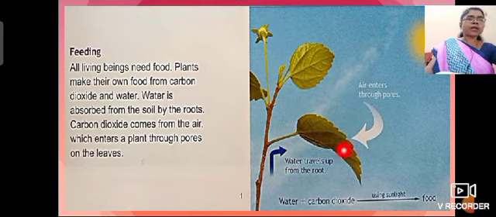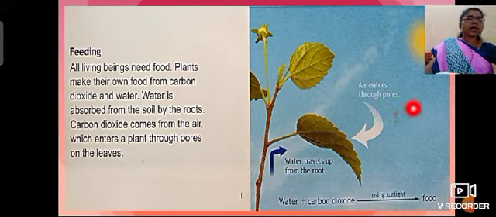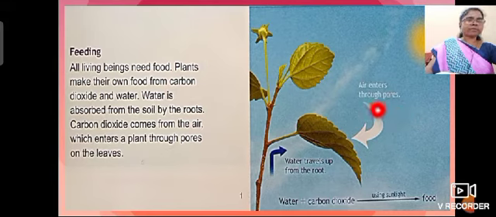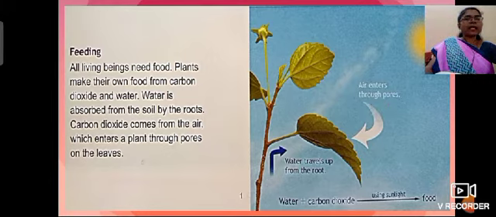okay, through pores, and water from down, okay, from the roots, it gets through the branches to the other parts of the plant, and the water travels up from the roots, okay, to the other parts of the plants. So water and carbon dioxide, and using sunlight, plants make their own food. But for us, we depend on plants. Okay, and next we'll see